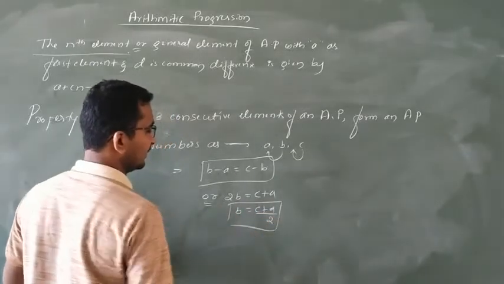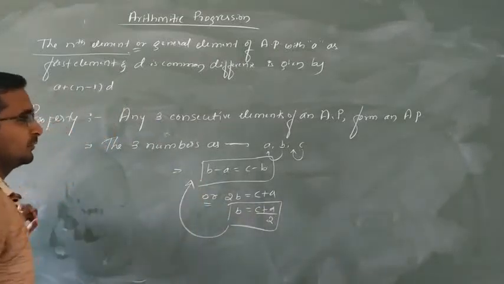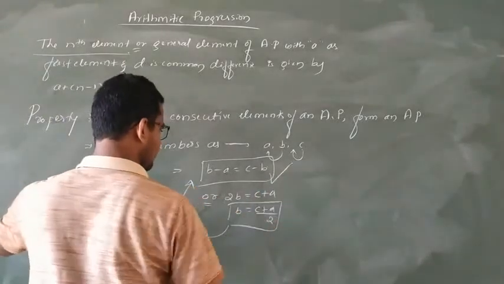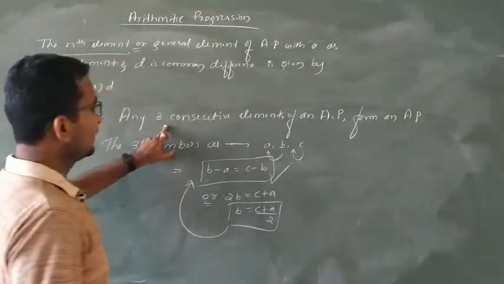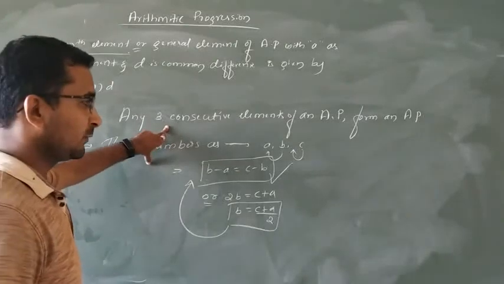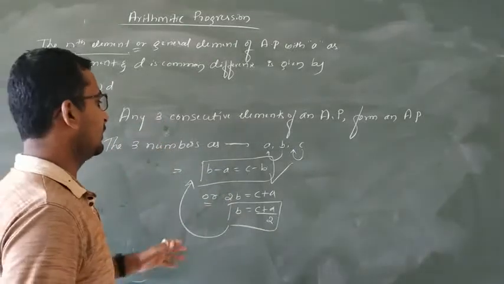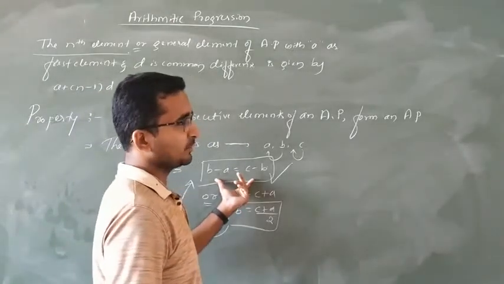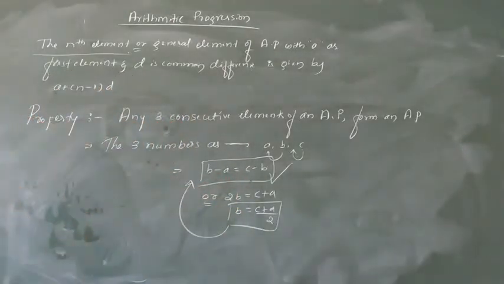So this is also one of the same conditions, as you are going to prove it as B minus A is equal to C minus B. But this method is very simple to prove that three consecutive elements of an AP form an AP. At the last you have to get the condition B minus A is equal to C minus B. So after solving one simple example on it, you are going to come to know this one.